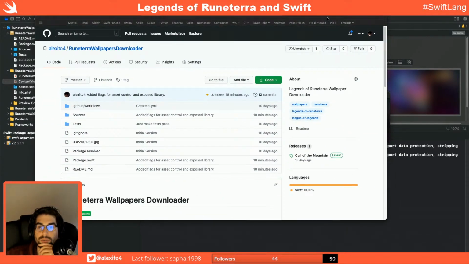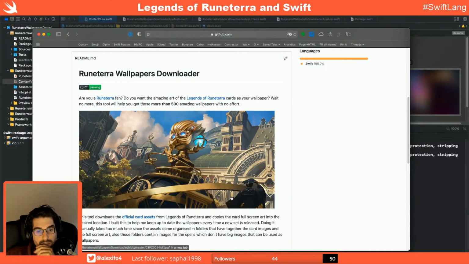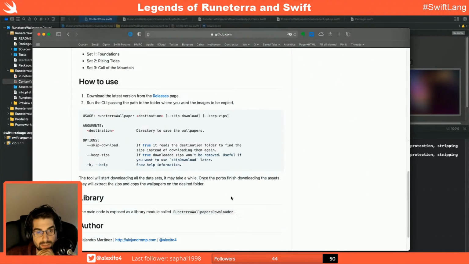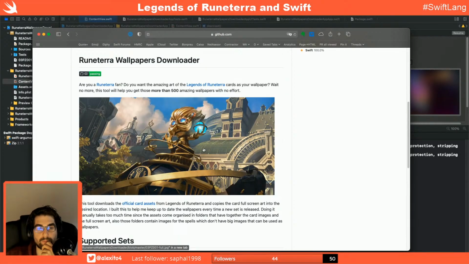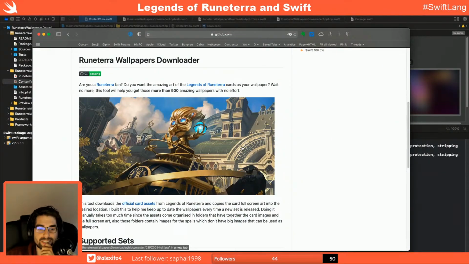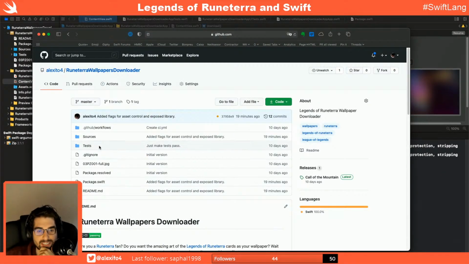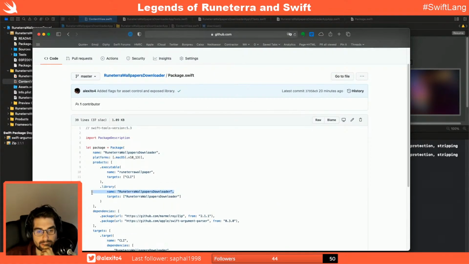So this is basically a Swift package. And as a Swift package, it has two things. One is the binary interface, so the command line that you can just use directly. It downloads all the assets from Legends of Runeterra, and you can have them as wallpapers, see? Which is pretty cool. The other thing that is exposed is the core library, basically the downloader, which